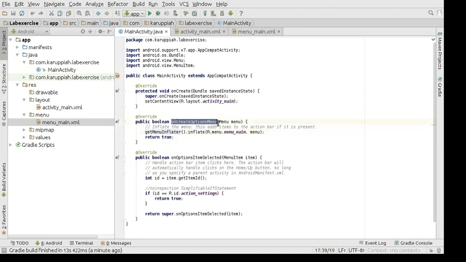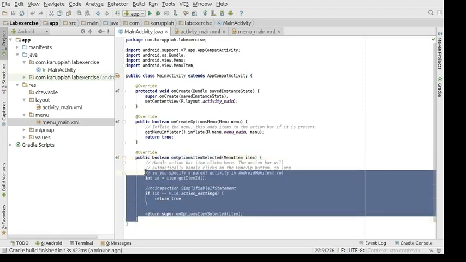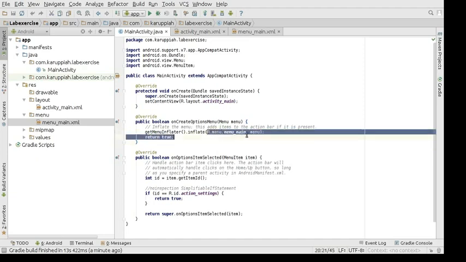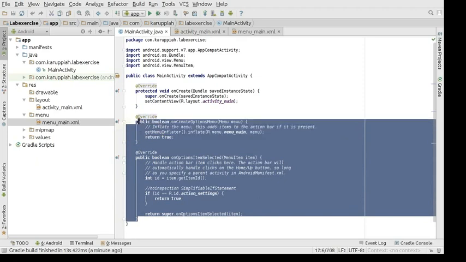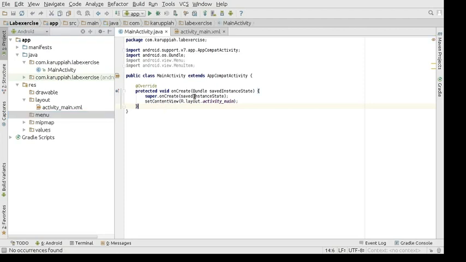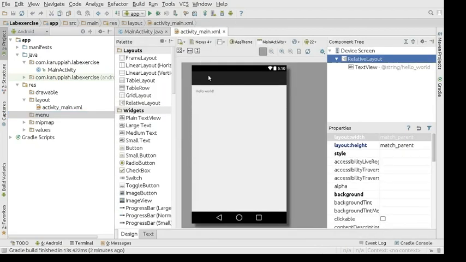This is to create the menu, and when any menu item is selected, what to do is this function. I'm basically going to remove this, and the layout for that menu is taken up over here. So I'm going to remove this, and then I'll close this, and I'll remove this also. Save, delete, and it'll check if there are some references to menu_main.xml. You can just remove it. So basically this is our code, and you can run this and check it out.